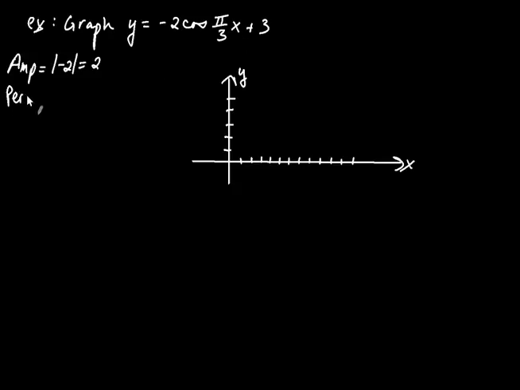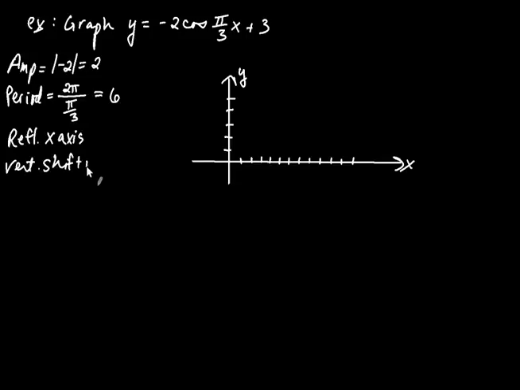So our period is going to be 2 pi, that is the old period of cosine, divided by that number, pi over 3. That's how you find the new period. And then when you do that, the pi's are going to cancel, and you're just going to get 6. Finally notice now that there's a reflection across the x-axis because of the negative here. And then finally there is a vertical shift up 3 units. Okay? So now that we have an idea of what to expect, let's go ahead and graph